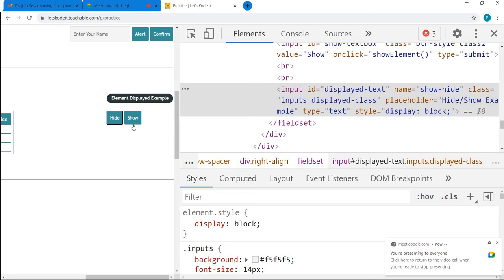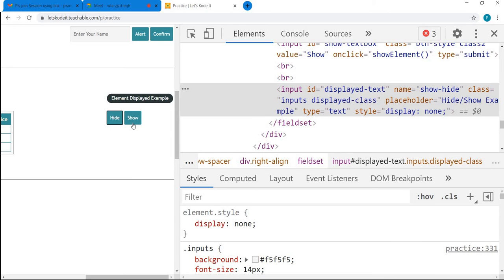When I click on hide, it is set to display: none. But the real fact is the element is still present in the DOM. It is still there, just the style attribute changes when we click on hide and show.